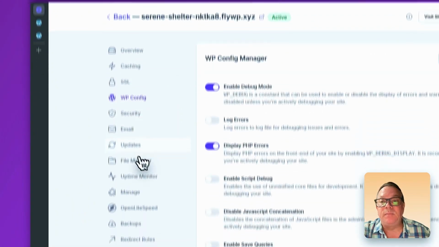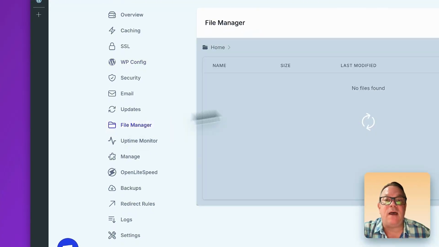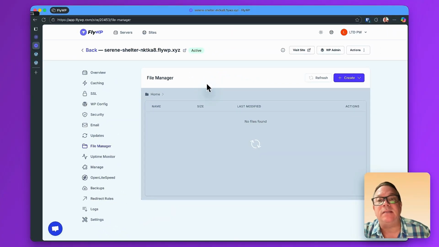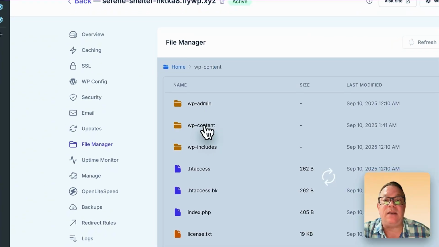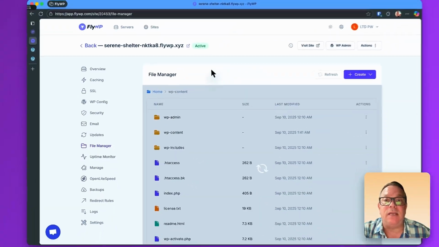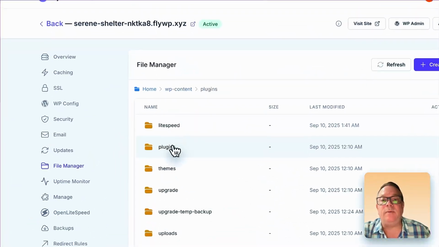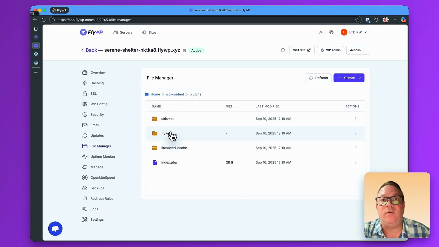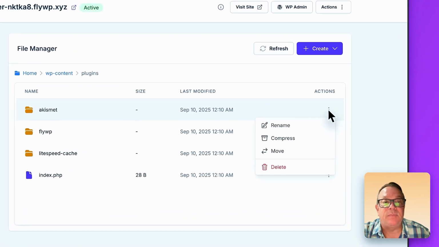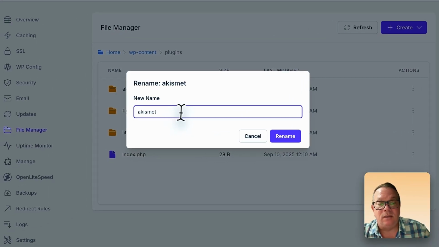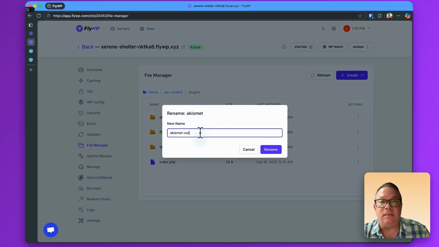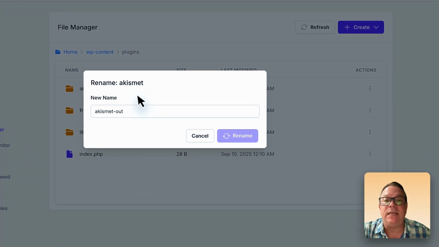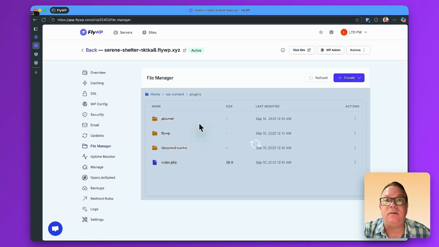One way to fix that very easily is by going into the file manager. Since you can't access WordPress, you do have the file manager here inside of FlyWP. You go into the plugins folder, or maybe that error showed you it was the theme folder and there's a theme name. For a plugin, what you can do really quickly to solve this is rename that folder to, let's call it Akismet-out. Now, once you've renamed the folder on the server hard drive,